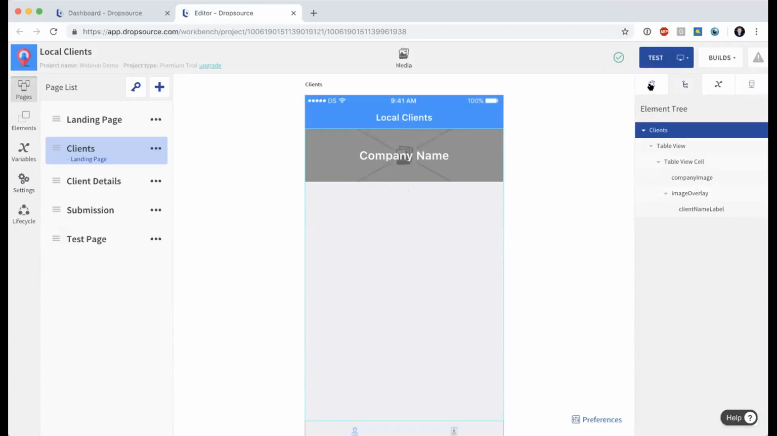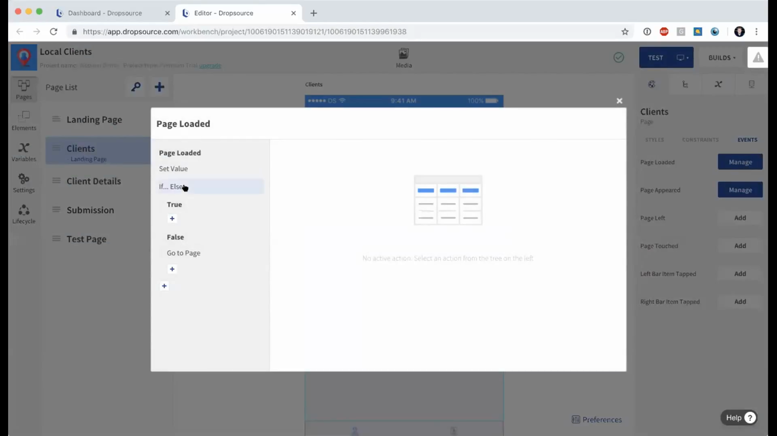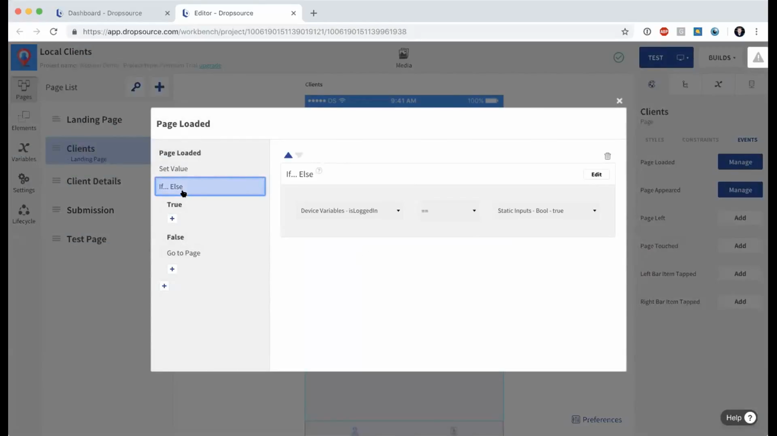If I go to the clients page, hit the paint, and go over to events, you'll see when the page is loaded, right when it's loaded, I can check something out. So we do something here. If I hit manage, you'll see that I've got an if-else statement here. If I check the if-else statement, I can see what the logic is. If the device is logged in,